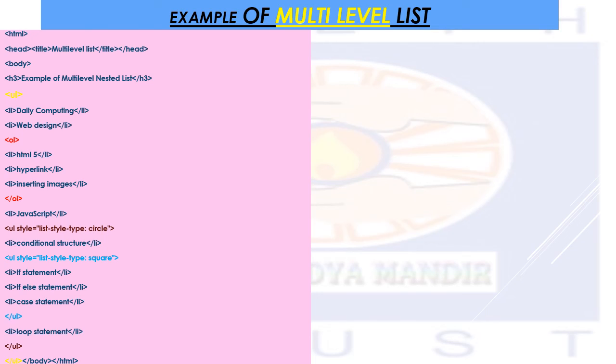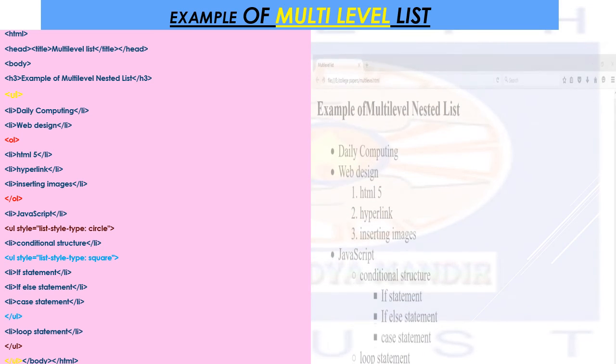Now in that same JavaScript, the next topic is loop statement, and then I'm closing the final UL tag. Then the yellow UL tag is already open, the starting one, so that again I'm closing over here in the end. So in the end, two UL tags will be closed, one for the brown one. You can see the brown UL tag which is open, that I've closed over here, and now the final UL tag which I've opened, yellow one, that is closed over here, and along with the body and HTML tag. Now come to the output.